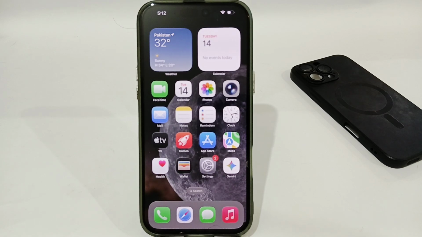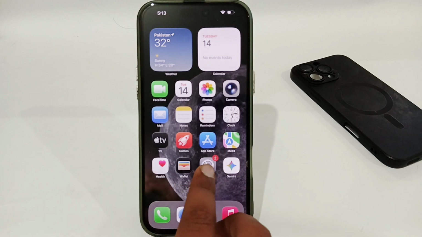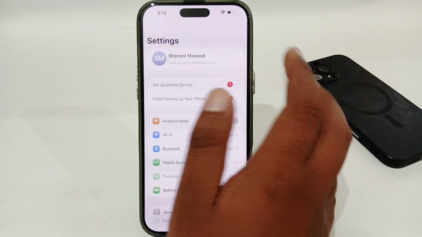Hey guys, today I'm going to tell you how to update payment method on any iPhone. If you are using any iPhone and you want to update your payment method, let's see how you can do that. You just have to open your settings, and here the very first thing you have to